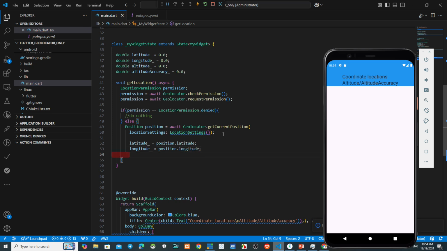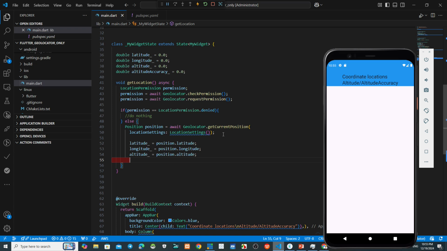Next, the altitude_ equals position.altitude.